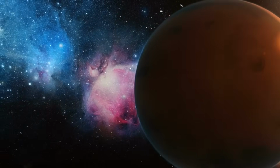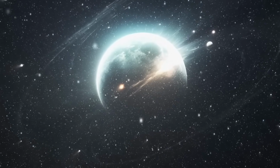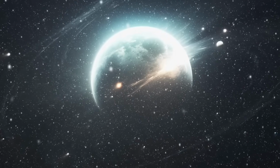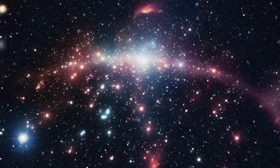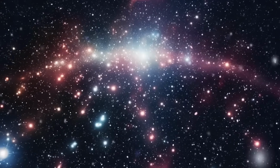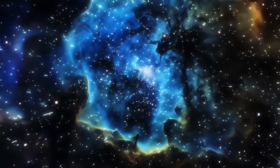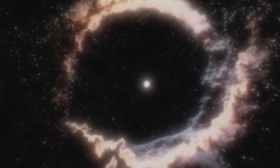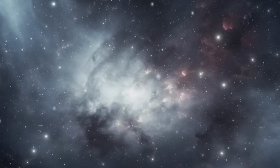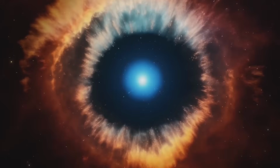can achieve. Westerlund 1-26 is so vast that trying to compare it to our Sun begins to feel almost absurd. While the Sun itself is a massive sphere of plasma, the sheer volume of Westerlund 1-26 is staggering by comparison. Estimates suggest that over 10 million suns could fit inside this single star if it were hollow, a mind-boggling figure that underscores just how incomprehensibly massive it is. This is not a metaphor or exaggeration. The numbers come from simple, volumetric calculations based on its estimated radius, and they highlight the extreme scale at which